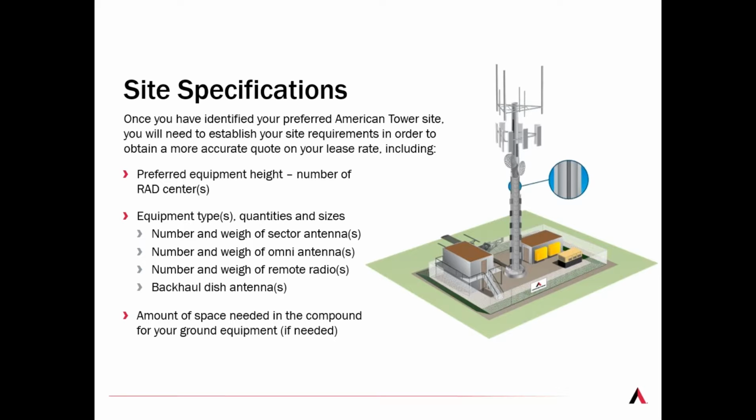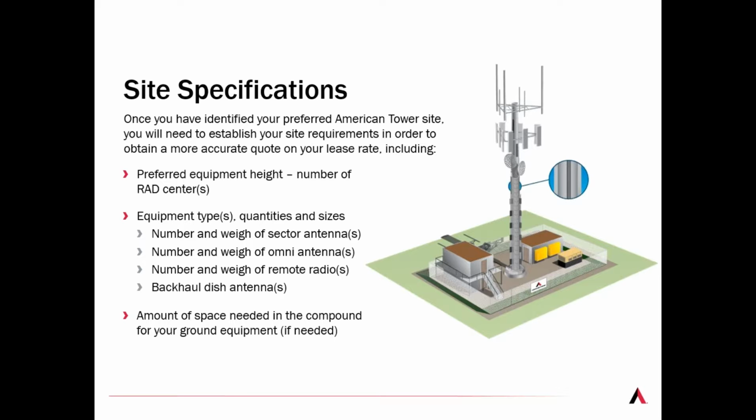And obviously ISPs are using significantly less space than the large national carriers. So we take that into account as well, and that's where we get into some of these more aggressive rate plans, because we understand the equipment is smaller. But we're going to look at the number of APs, maybe the number of ODUs, using an Omni, or using just panels, the weight of the remote radio head. So we're looking at all of that as far as how specifically to gauge and understand the price, and the size of your backhaul dishes.